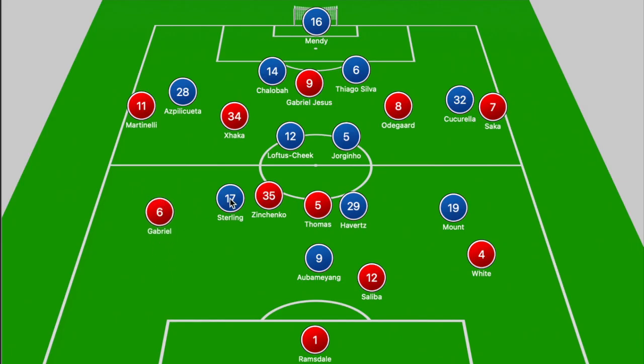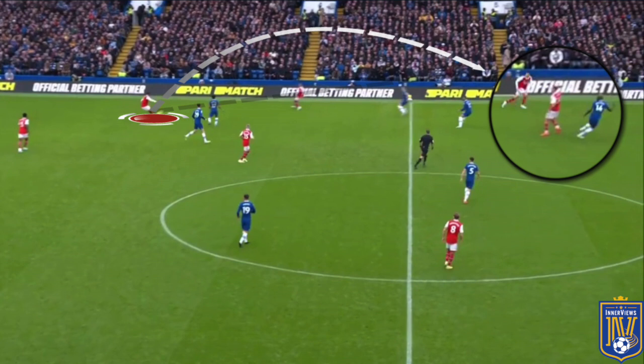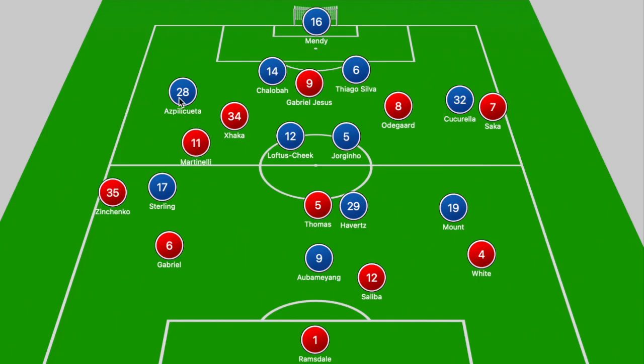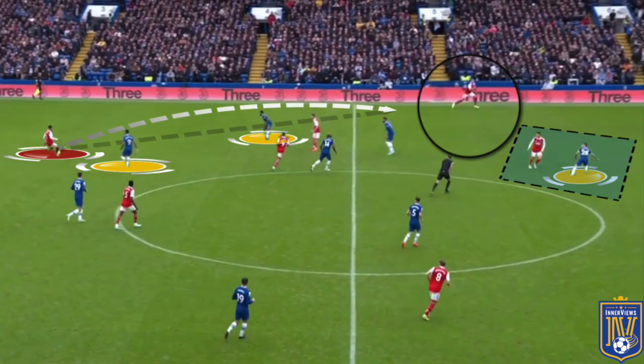From the left-hand side of that 3-2-5, with Gabriel as the spare man, there were two ways that he was capable of harming that Chelsea backline. One would be looking to play balls around Azpilicueta for Martinelli running off him to break into the left channel, and the other would be Zinchenko running off Sterling if Zinchenko did place himself near the left touchline, and from there with Xhaka occupying Loftus-Cheek, it would allow Zinchenko to break forward beyond Martinelli and Azpilicueta in towards the left